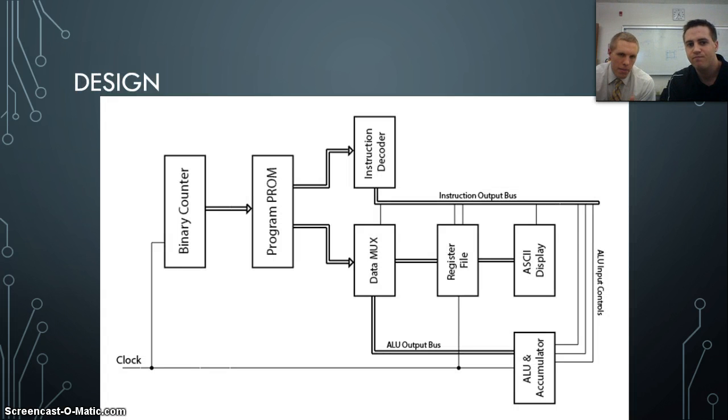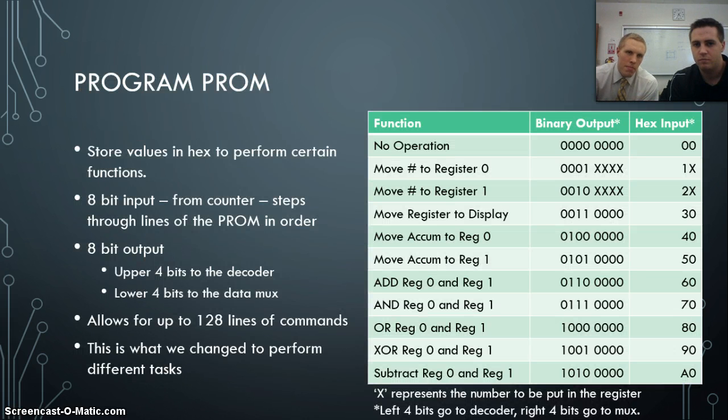And then those 8 bits come to our program PROM, depicted in this diagram, which has about 10 functions that you can program into it. No operation, some things to move some data around, some ANDing or adding, and exclusive ORing of bitwise pieces. Each of these values are written in binary as shown, but as they get coded into the PROM, they're stored in 2-digit hex